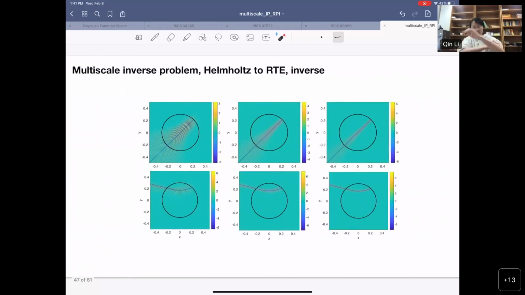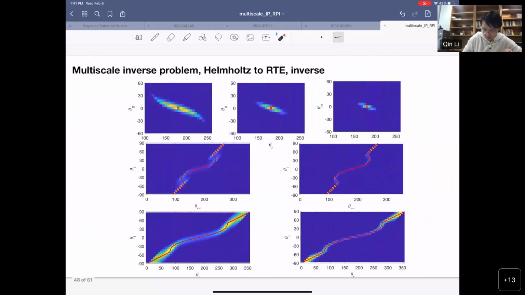Now, this is a numerical representation. As you can probably see, the wave gets spread out. This is a low frequency wave, and as your wave gets to higher and higher frequency, as your k increases, it really looks like a particle going in a straight line. And if the refractive index is non-trivial, then your particle gets bounced by the refractive index. But nevertheless, the story is that as you increase the frequency, the wave looks more and more like a particle.